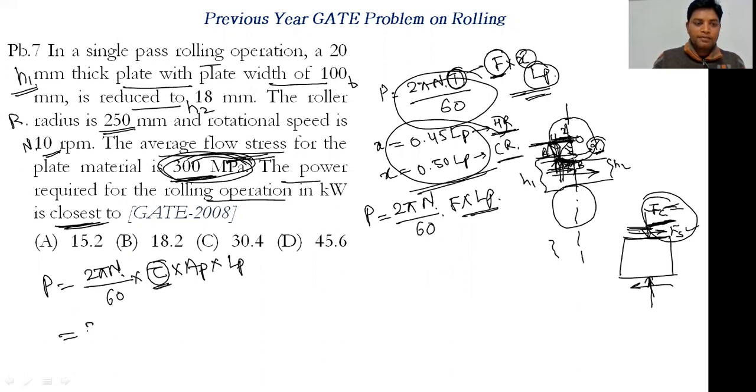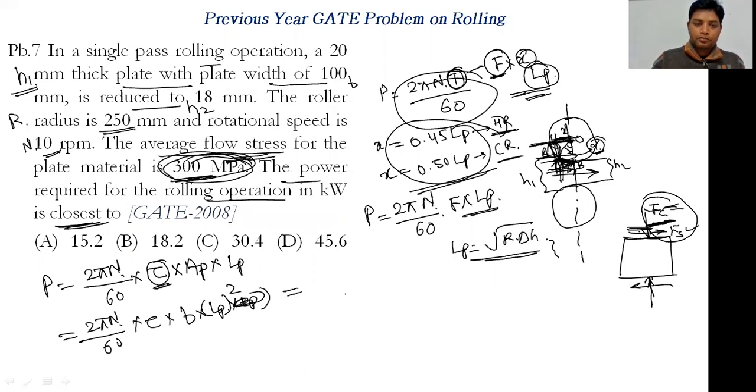okay, तो projected area जो है दैट इज अगेन tau into B, that is width into LP into LP, so this is LP square, I am just writing over here only। okay, so this is LP square। okay, now LP की वैल्यू कितनी है, LP is equals to root square R into delta H। okay, so this will be equals to 2 pi N upon 60 into tau into B into root square or whole square, so this will give you R into delta H।